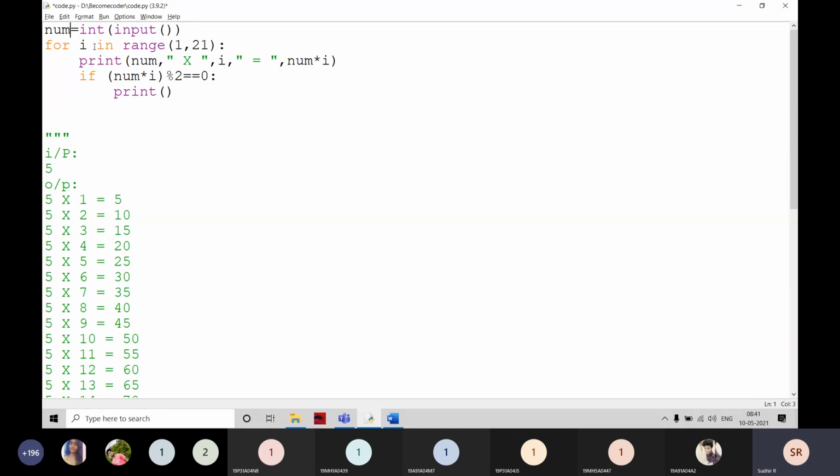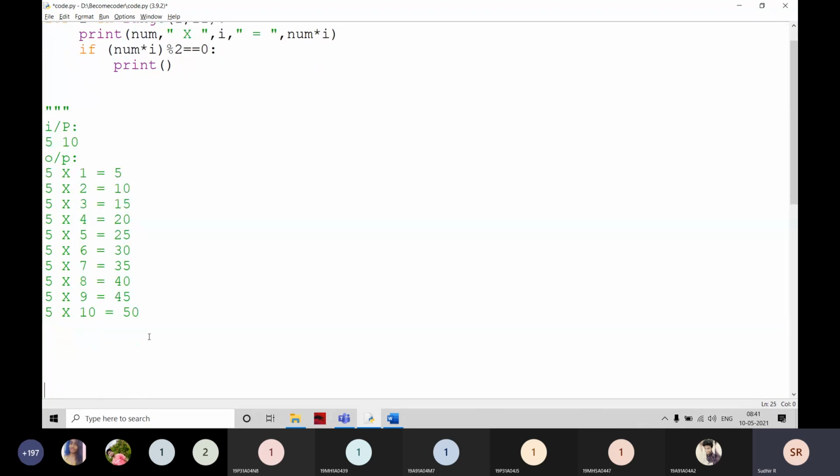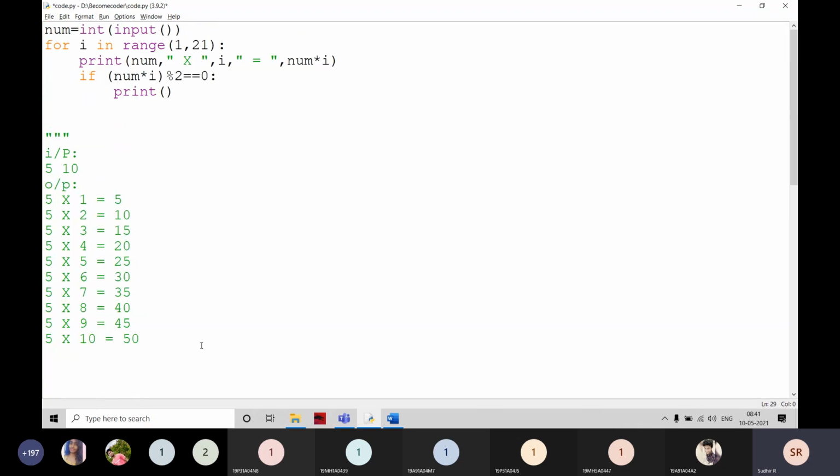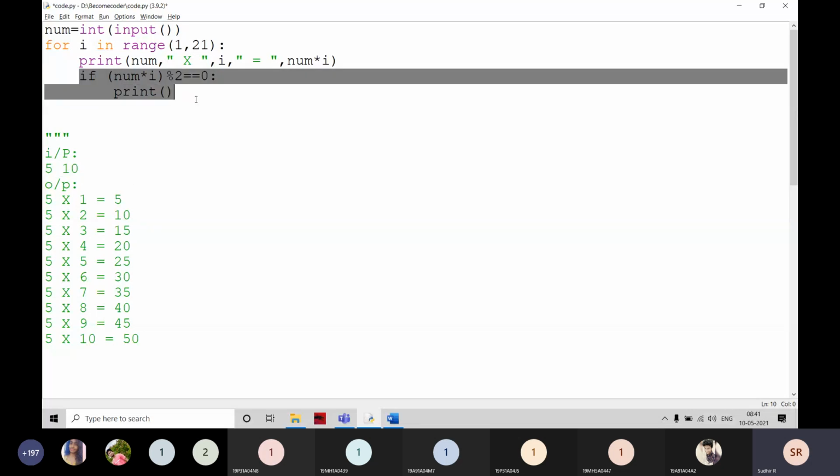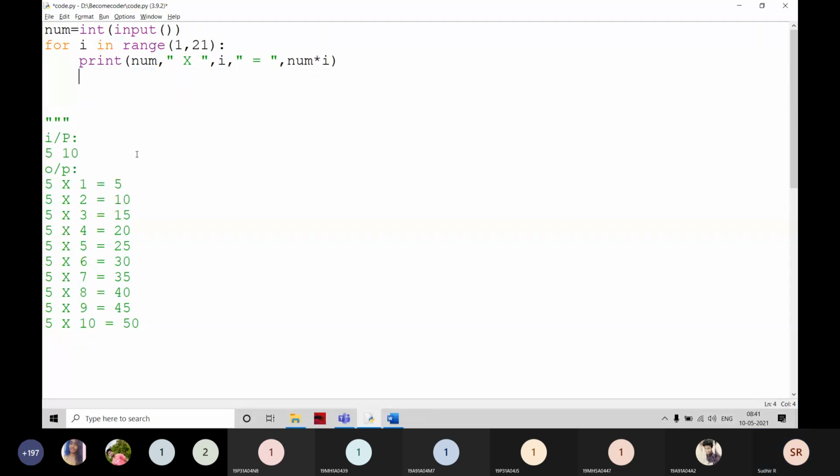Now again, we are going to read two values. For example, 5 and 10. I want to print up to 10 only. Here I have to read two values. I am going to print 5 table up to 10.